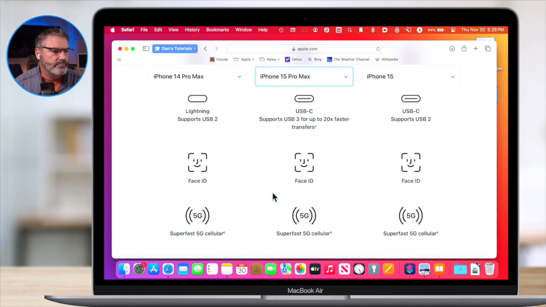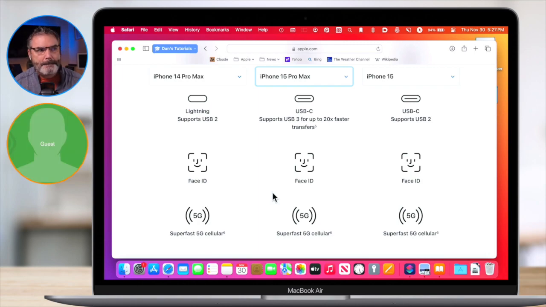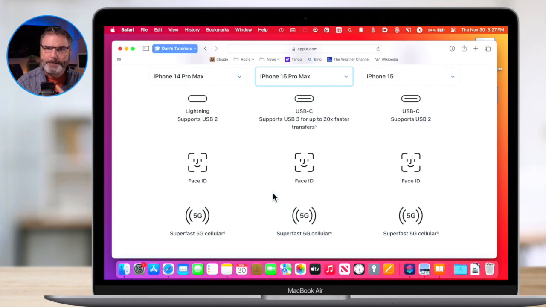All right. George, I see you have your hand up. I got a question about that. Since you have the 14 and the 15, did you notice any difference in the wireless charging? Because I noticed that when I went from a 10 to the 15, all the things that I had that could charge wirelessly, I can't use on my 15. They worked fine on my 10, but they're very finicky when it comes to charging my 15.